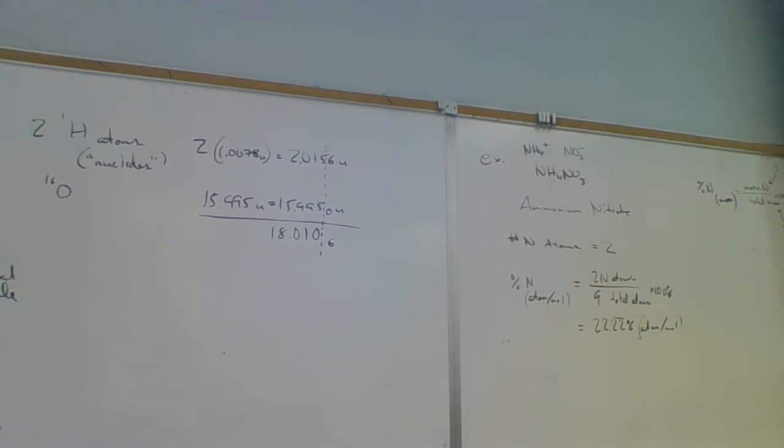Oh, I got this wrong here. 12 zeros is a trillion. 9 zeros is a billion. So then this would be a million. And so in that small sample of water, there are 602 million trillion